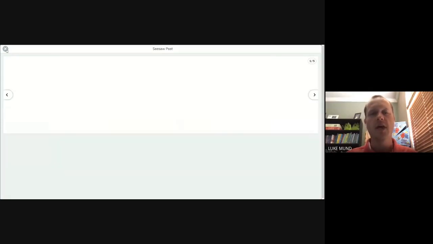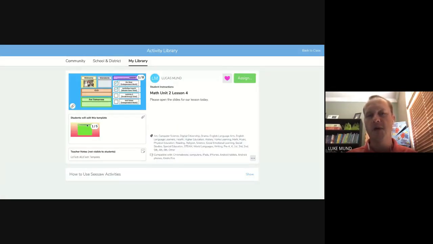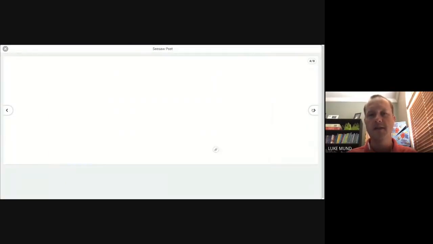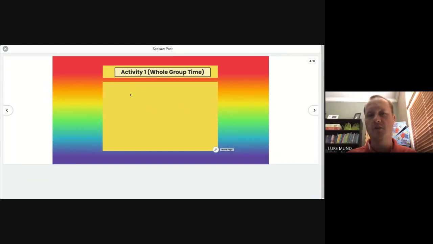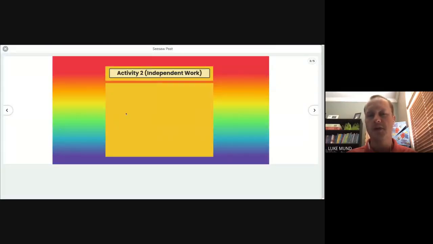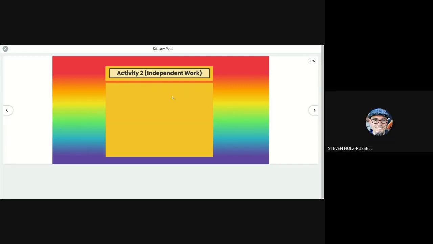So I do a lot of the same activities so that I can model with my students. Or as I'm teaching, if I'm doing, say, our whole group lesson, I can do work on my example, and then students can copy the work or maybe finish the work or do the work on their own in their templates.